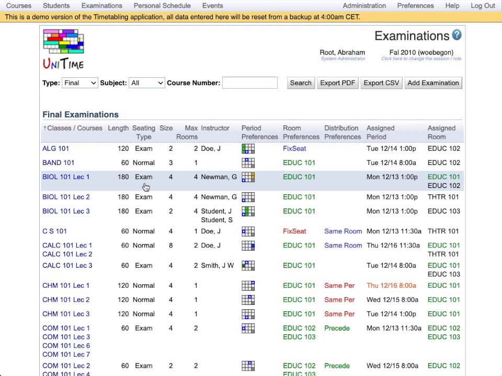The seating type in the room will be exam. That usually means that only every other seat can be used for the exam. The size says the number of students. In this demo instance, it is a very small number. The maximum number of rooms into which the examination can be split is 4. There is this